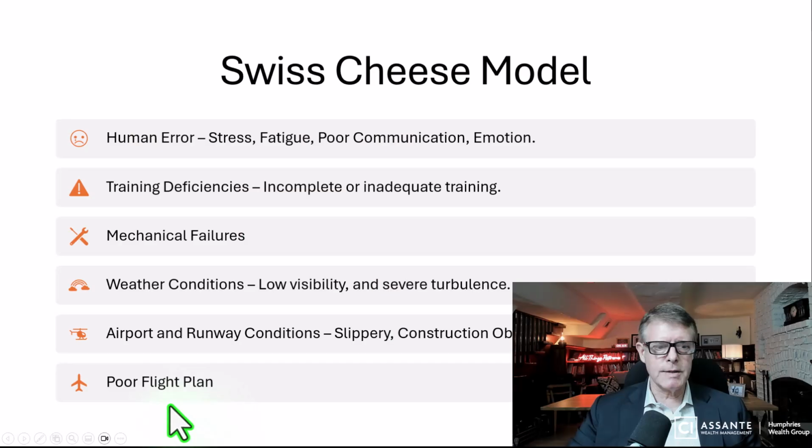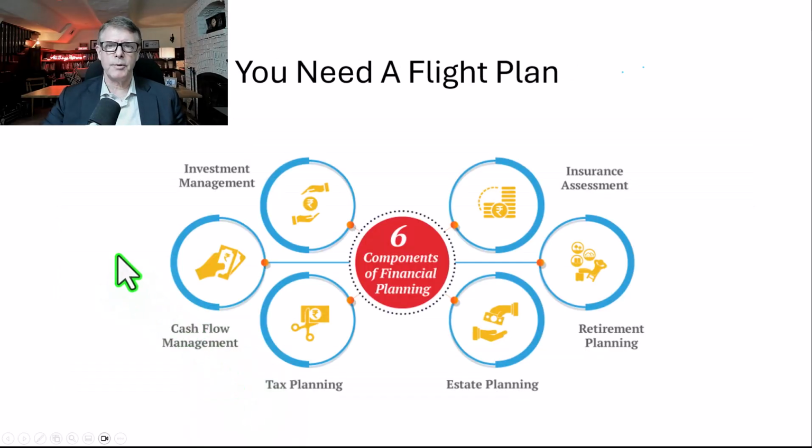Now, the last area is poor flight plan. Obviously a problem. And many of the accidents that one hears about, sometimes they didn't even have a flight plan. But you need to have a flight plan for your retirement. And when we talk about flight plan, it's a financial plan or retirement income plan that is holistic in nature and takes into account a whole bunch of areas that all could have an impact on your retirement plan. So obviously retirement income planning is key, but that could actually move into areas of estate planning depending on the results of the plan. Tax planning is key, cash flow management, investment planning. You need to look at it holistically. A flight plan does that to a large extent as well, and it needs to be updated.